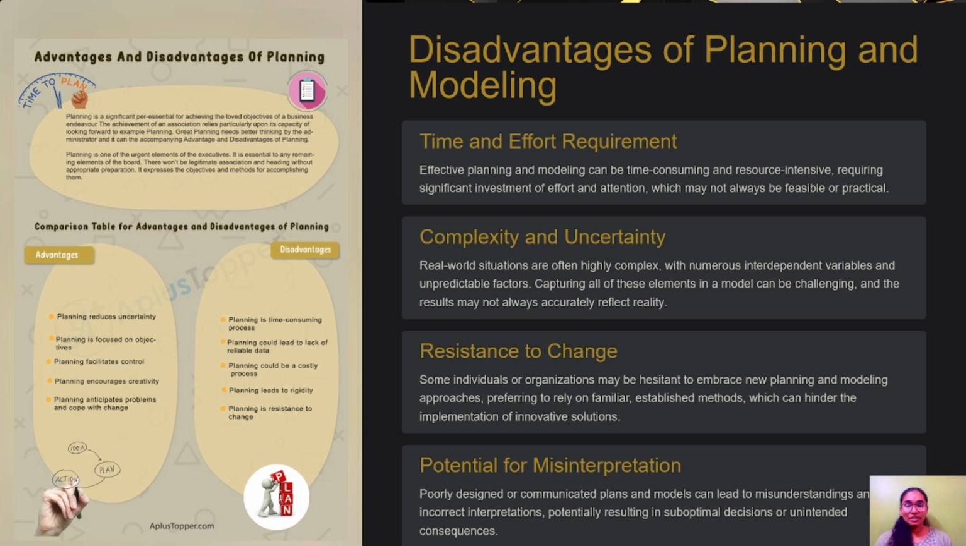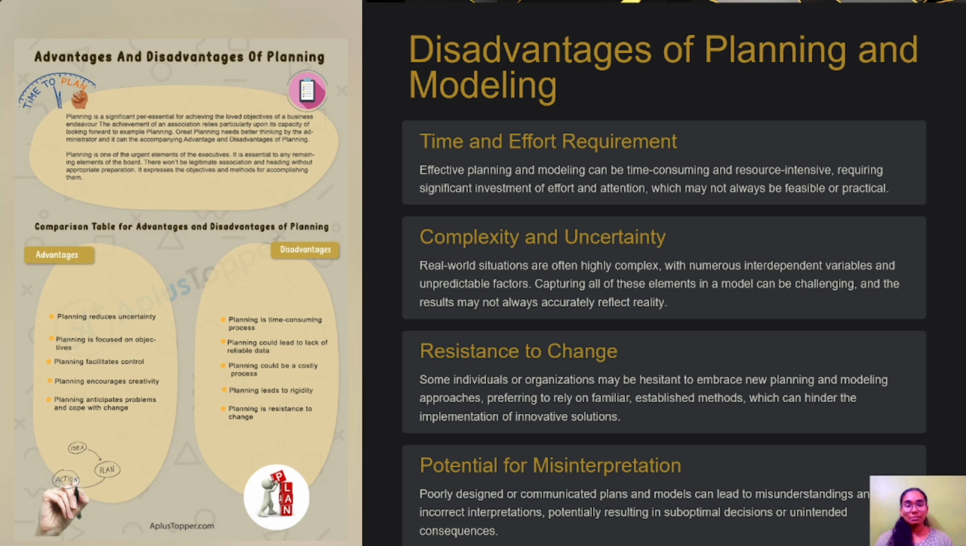Complexity and uncertainty. Real world situations are often highly complex with numerous interdependent variables and also unpredictable factors. Capturing all these elements in a model is a challenging task, and the results may not always accurately reflect reality. Resistance to change. Some individuals or organizations